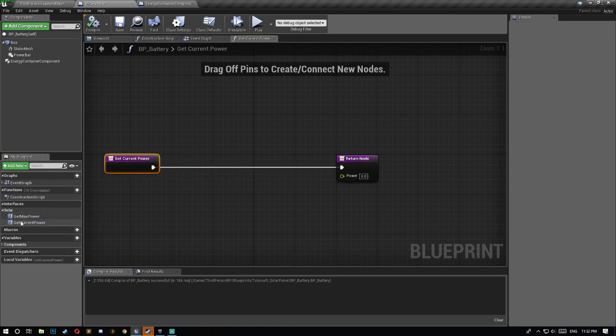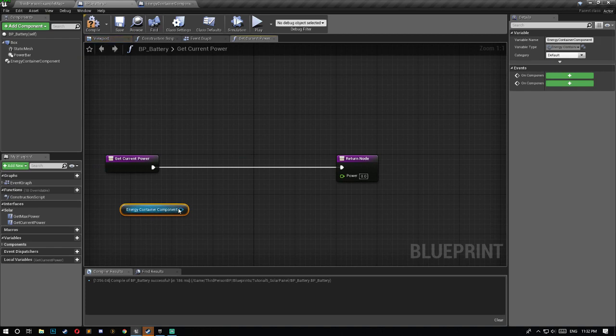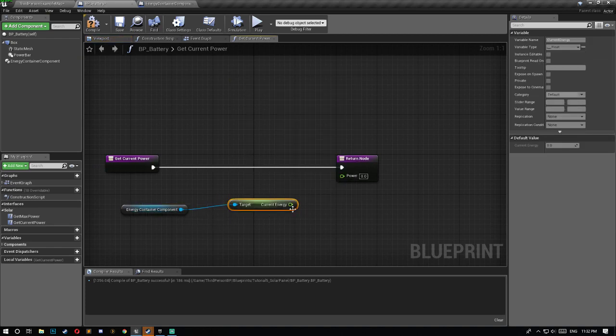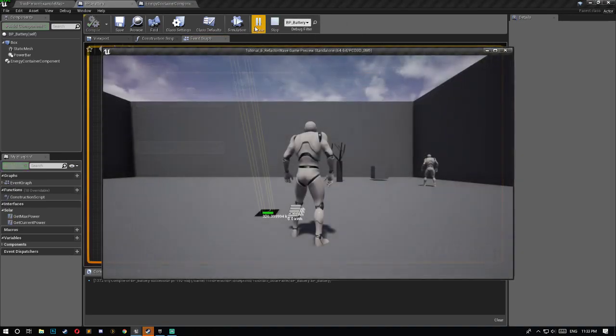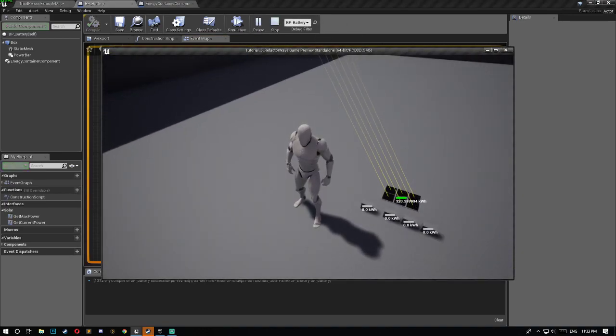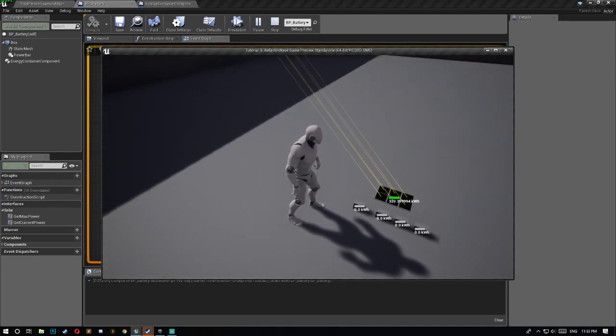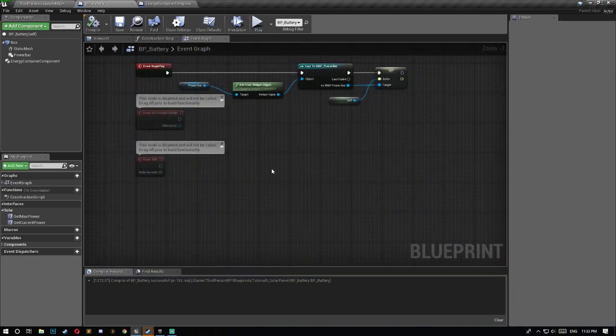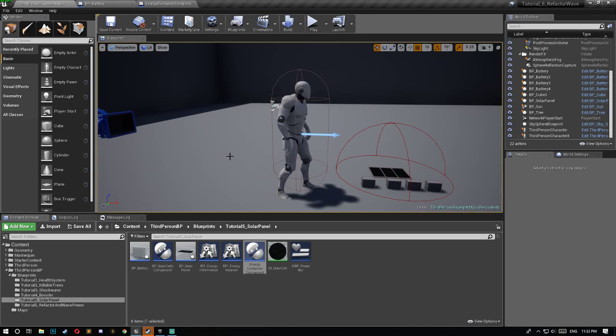And this one is going to be the same. We're just going to get the energy container and get current energy and return that. Fine. But now if we run, the batteries will not be charging because the components are not getting the energy because we were assuming one thing and we have another situation now. So what we need to do is we need to go to the